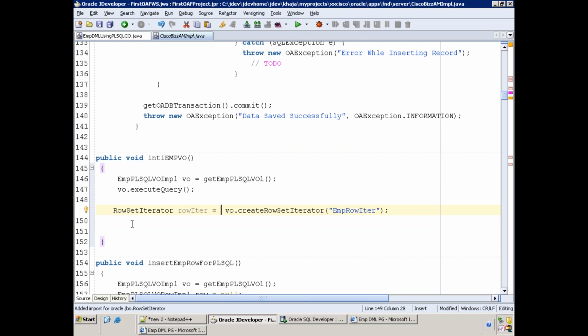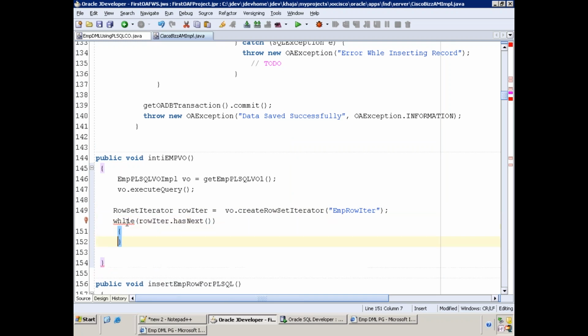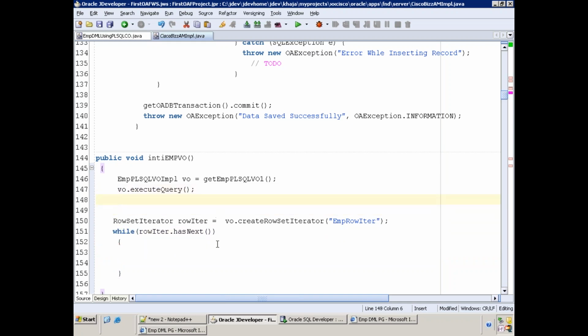Create a row set iterator. Now, iterator has next. Iterate all the rows, each and every row. Have the EmpPLSQLRowImpl also. Row is equal to null.